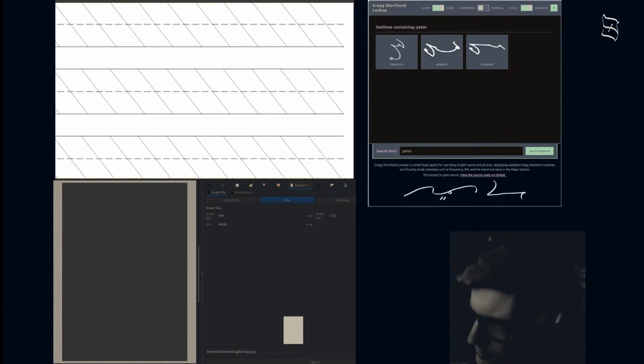Grab that. Paste it over here. As there would be. Apply. And we paste it. This one is as there would be .svg. Okay. Is there, as there,